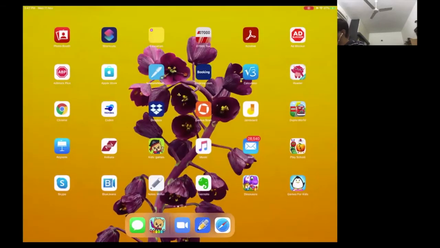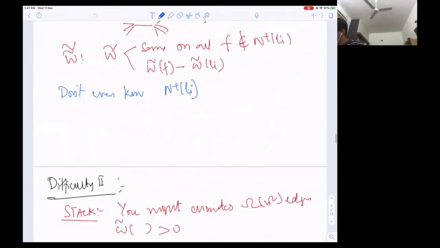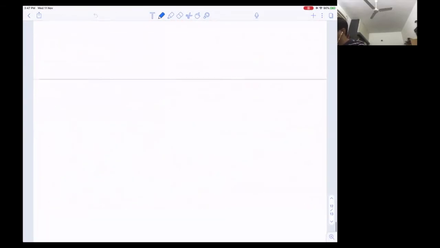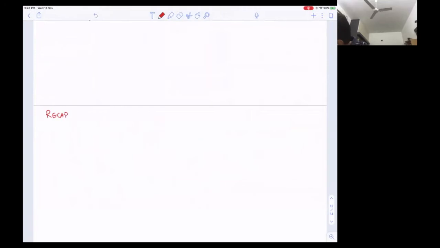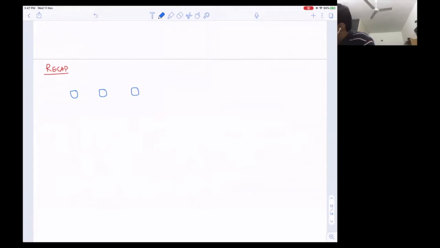So we came up with this interesting algorithm, which was a very generic algorithm. Okay, so let's recap a little bit, and then we will go back to whatever we proved last time. The recap was that suppose we wanted to solve some problem, like a weighted problem and approximation. Then we started with our objects. In our case, this was matching, so these were S's. Okay, and we started with a weight function, W1. Then we found some local structure,